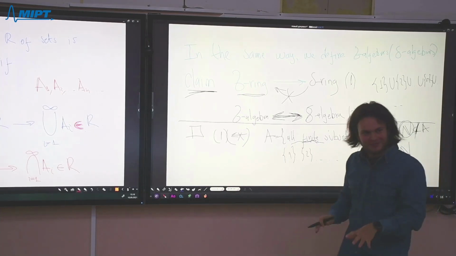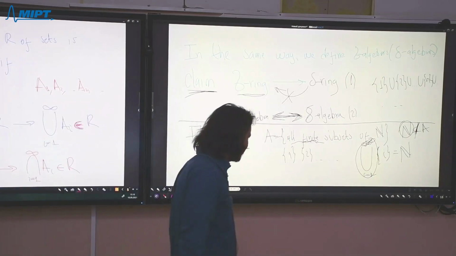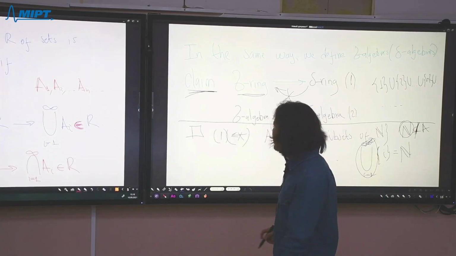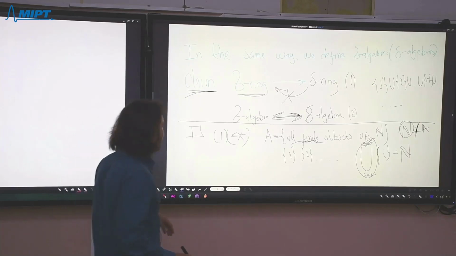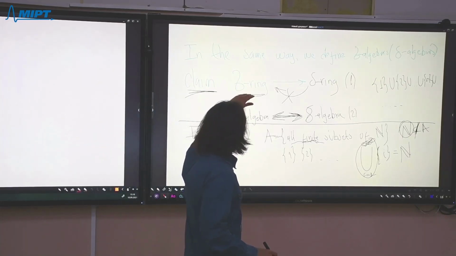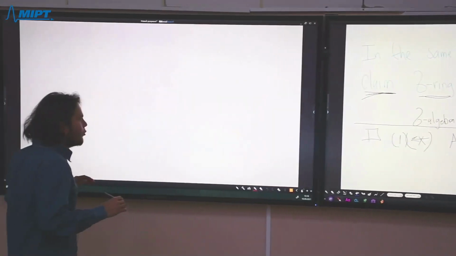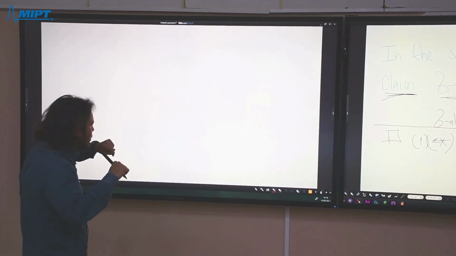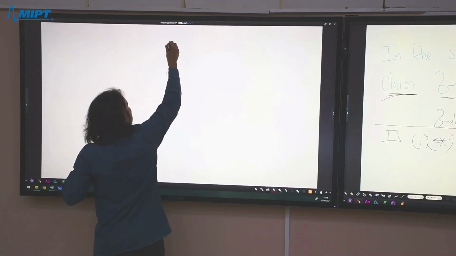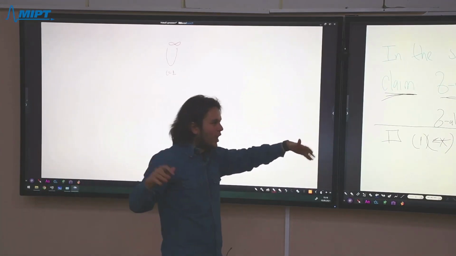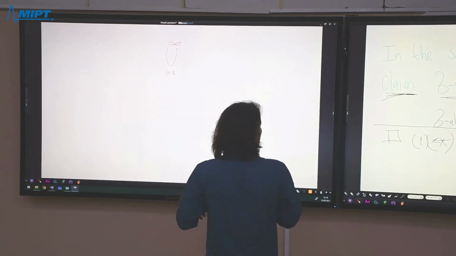Good. If you have a question, then ask. Now, let's prove that if we have a sigma ring, then we will have a delta ring. So what does it mean? We know that we have a sigma ring, so the union of a countable number of sets belongs to this set, right? We know that. So how do we get